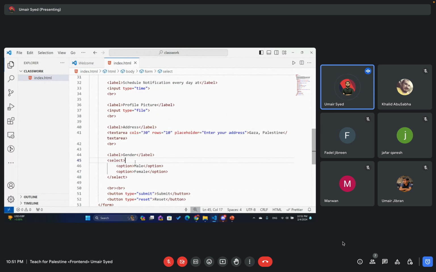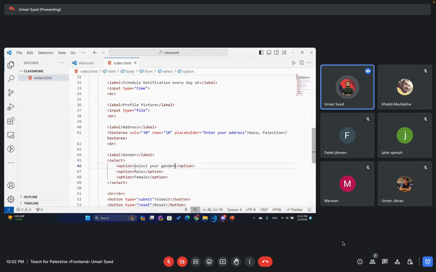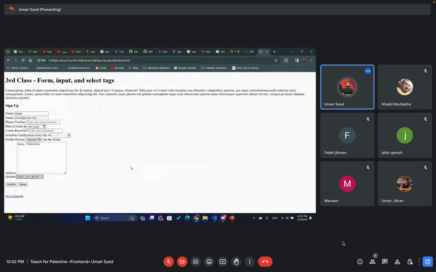We have seen that there is an option, select a gender for example, and that option is not selectable, you cannot select it. So how to define that option? For that you have to define an option, select your gender, and it will appear as another option in this menu, but I don't want the user to select it. So for disabling it, we can use the disabled attribute over here. So the user wouldn't be able to select